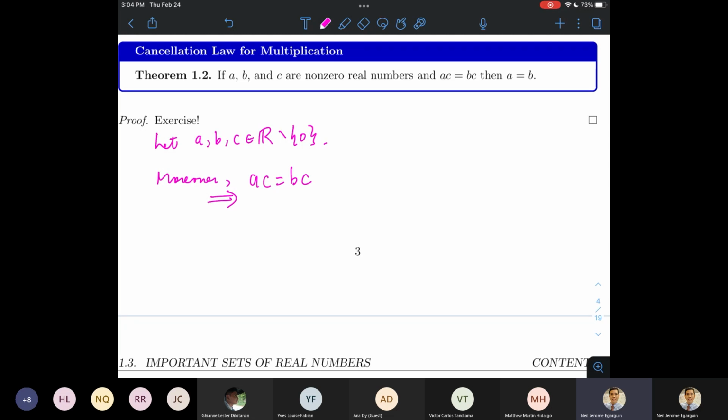So before you appeal to that axiom, kailangan niyo sabihin muna na meron siya, sure ako na may mag-exist kasi nga siya ay non-zero, right? So by ano ang number yan? I think A8. A8, sir. There exists a real number C such that